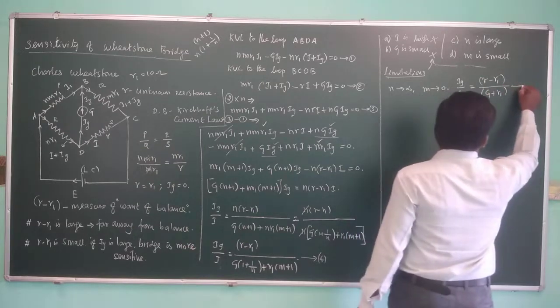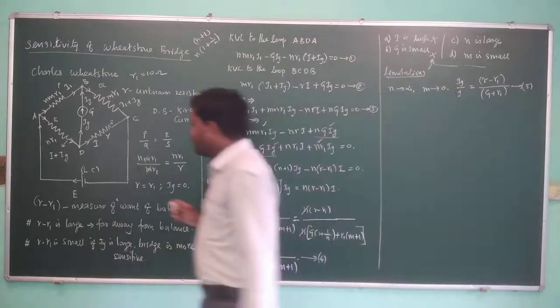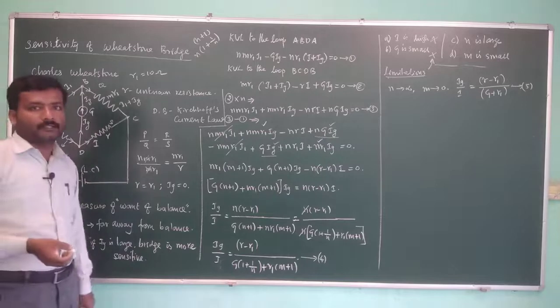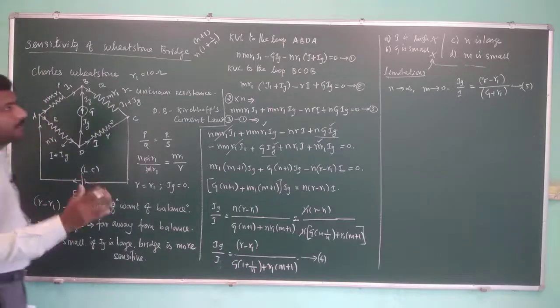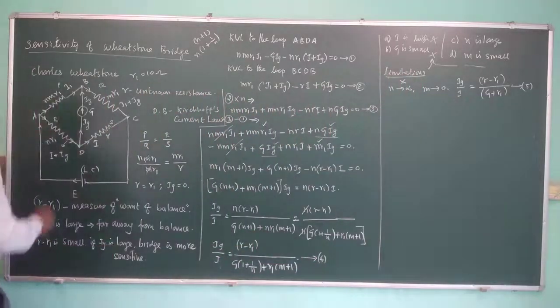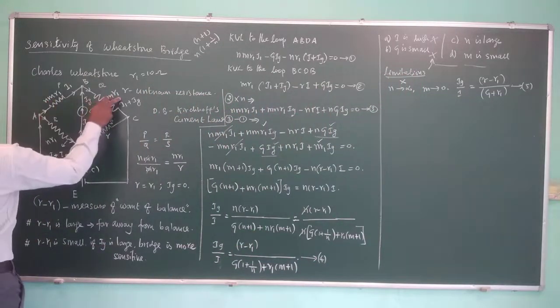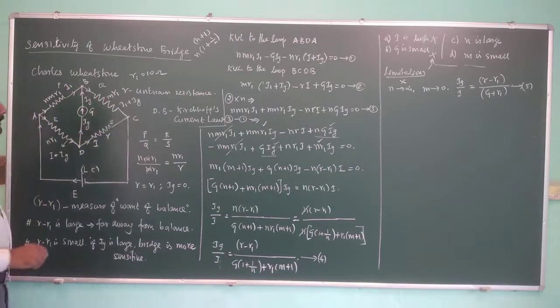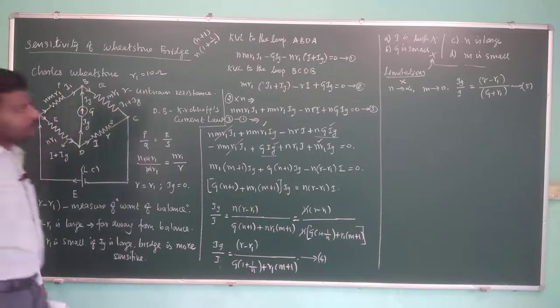But the question is whether this is achievable. This is not achievable. Why? Because if you put N equal to infinity, in these two cases the resistor NMR1 and the resistor NR1, that is the resistor between AB and the resistor between AD, becomes infinite. If it is infinite, nothing will flow into that ideally. So that is not possible. So you cannot put N tends to infinity. What about M equal to 0? If M equal to 0, then NMR1, MR1, that is the resistor between AB and BC, both will become 0. In that case, this will be short circuited. So that is also not possible.